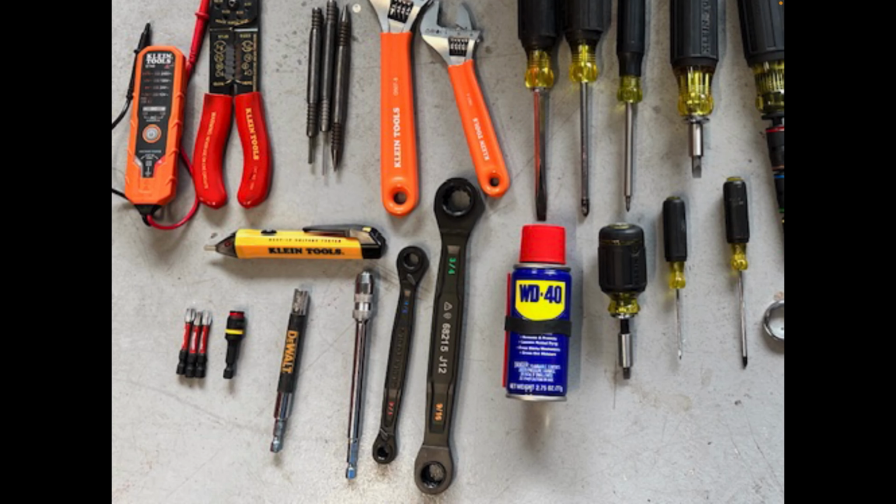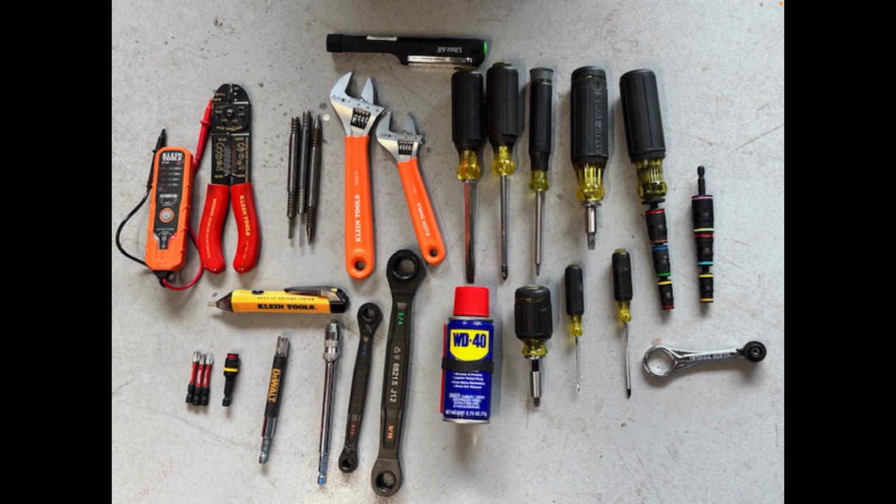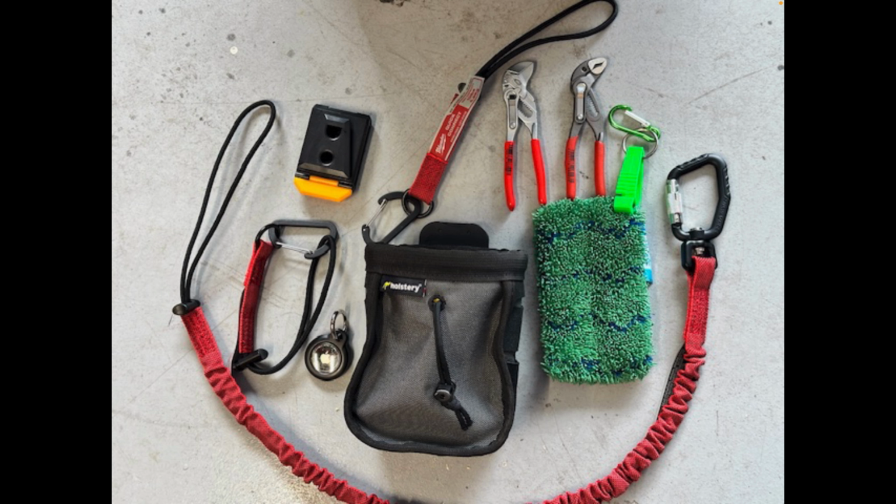Also a couple bit holders, Malco, a couple bits, Klein non-contact voltage tester right there. Next picture here, so here's the outside of that other bag. I probably put these in the wrong order, but he's got a couple Milwaukee tether type attachments, his AirTag, his Joey pouch, his cleaning...